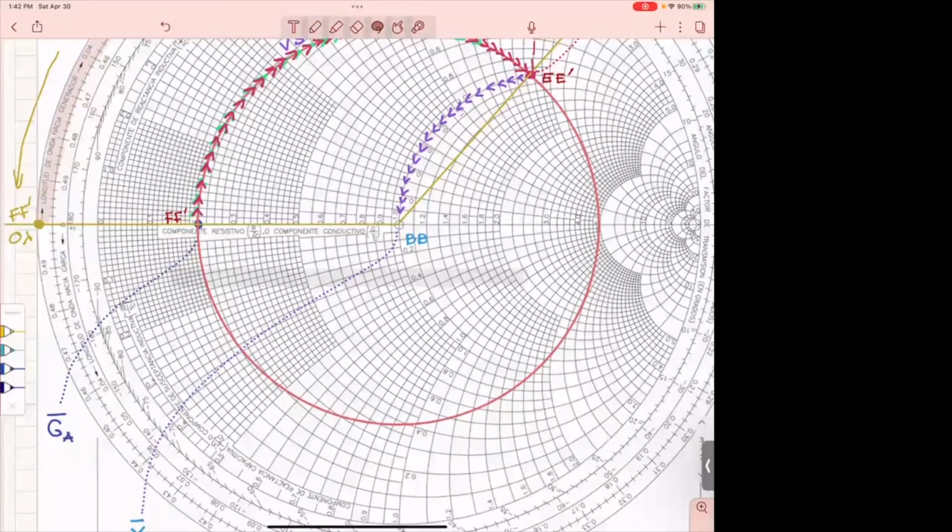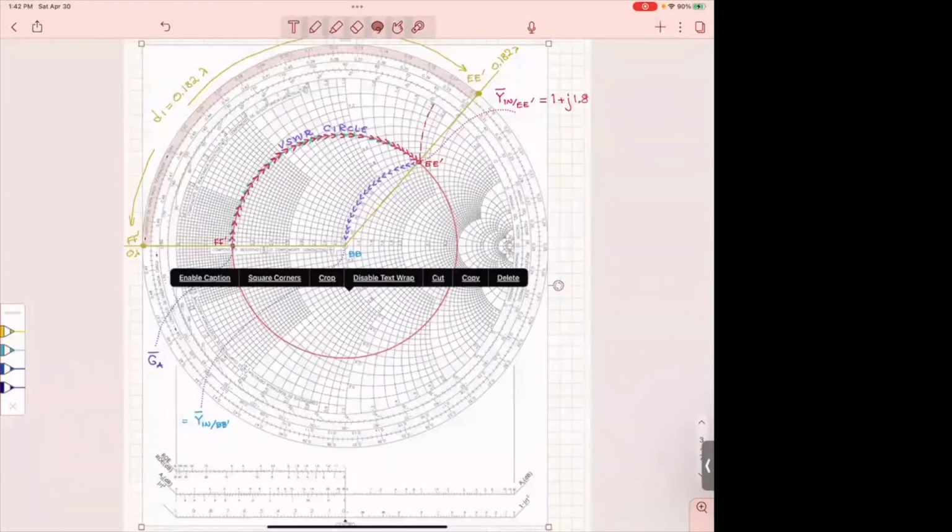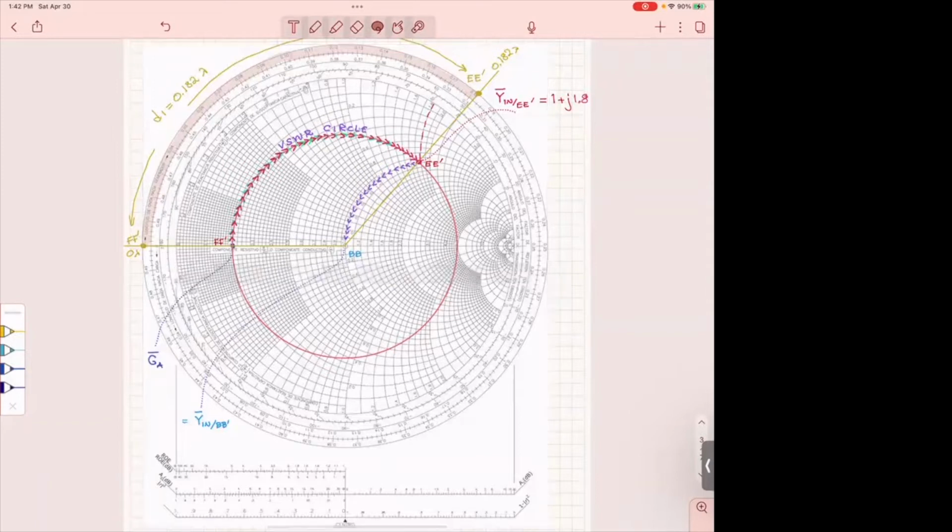From there, we know that we have to move from the load towards the generator until we find where we are going to include the stub. First of all, to move from your antenna, which is here at this point,